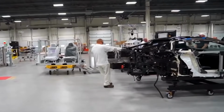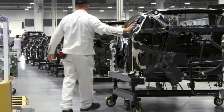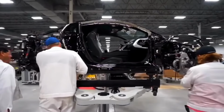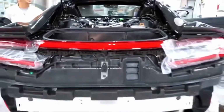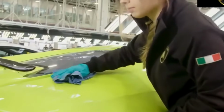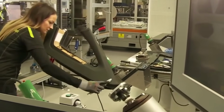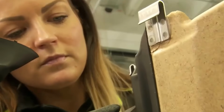It starts with production planning, a phase driven by market forecasts, dealer input, supply chain readiness, and model demand. Honda's plants operate on a build-to-order basis more than most automakers. That means production schedules are crafted based on actual customer orders and real-time market demand. This approach minimizes inventory waste and maximizes the efficiency of the supply chain. Once the schedule is locked in, suppliers across the globe begin preparing the thousands of components that will soon converge